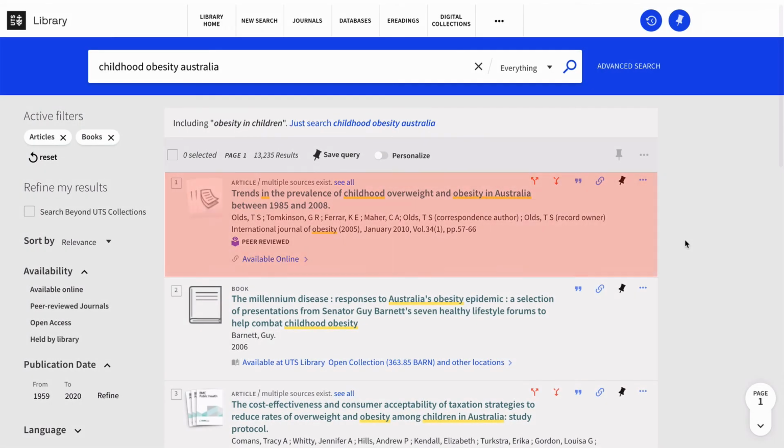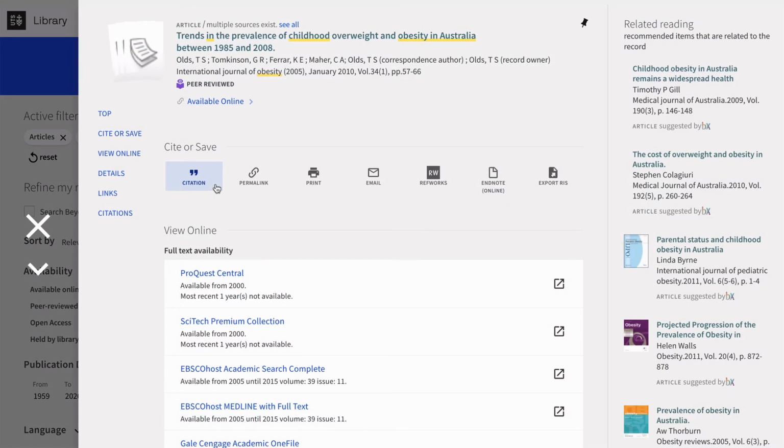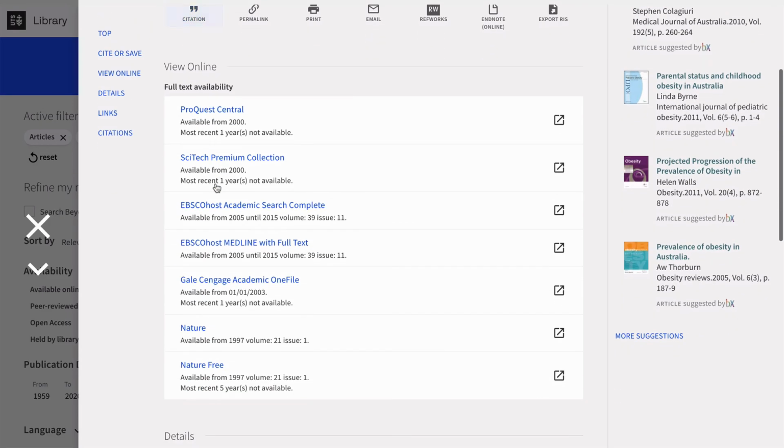Today we search for articles as well as books. If you find an article you're interested in, click on the title to view more details. Here, you have the same cite and save options as you do for books. To access the full text of the article, select any of the links under Full Text Availability and follow the